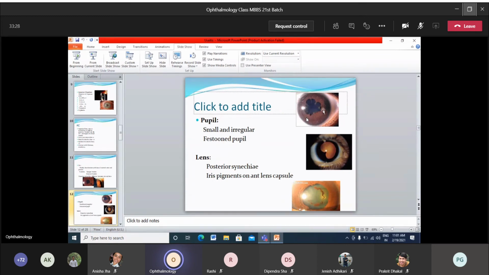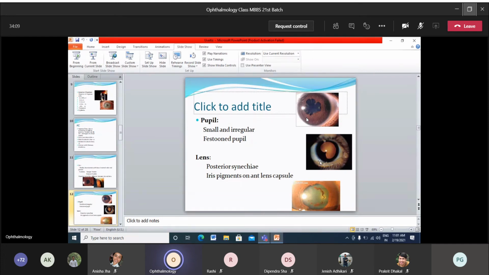festooned. Like in this picture here, there are places where there's presence of posterior synechiae, and at places this posterior synechiae is broken due to the effect of this tropicamide or atropine. So that leads to a festooned pupil. Okay, so a festooned pupil shows that some amount of posterior synechiae is still present and some have been broken due to the effect of the mydriasis. So same here, you can see the pupil is being dilated. In other places, it's free of posterior synechiae, where it is still present around the 7 or 8 o'clock